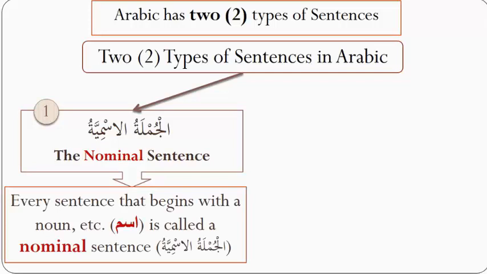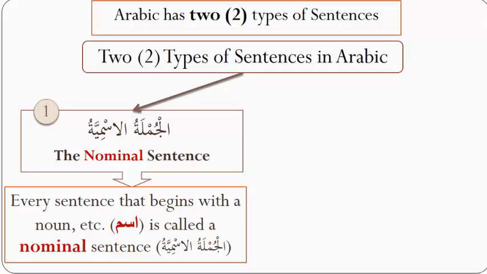It means every sentence that begins with an ism. It can begin with a noun, a pronoun, a demonstrative pronoun, like hada baytun, this is a house, and it is called a nominal sentence. Every sentence that begins with a noun, with an ism, is called al-jumlatul ismiyatu, which is translated as a nominal sentence. It can begin with a noun, like Muhammad is in the street,